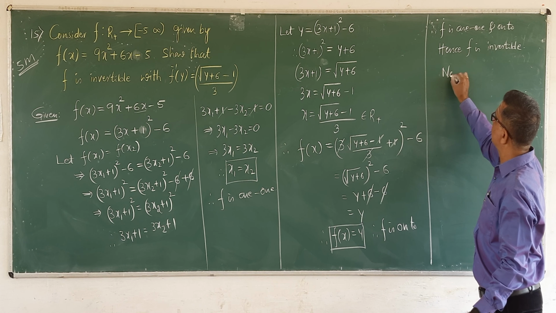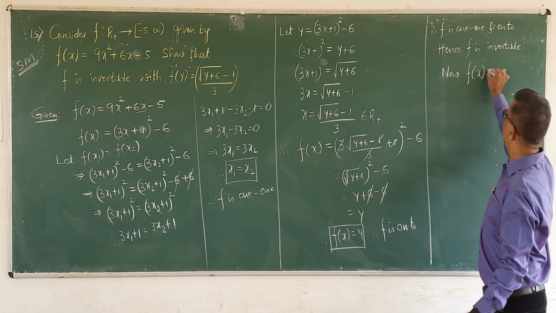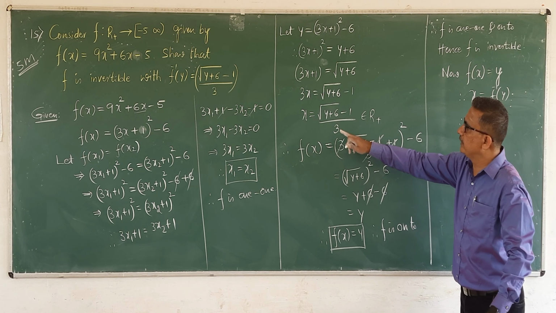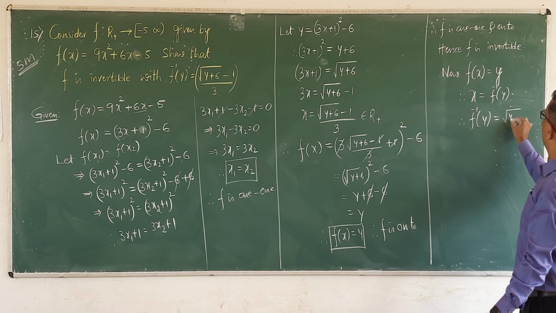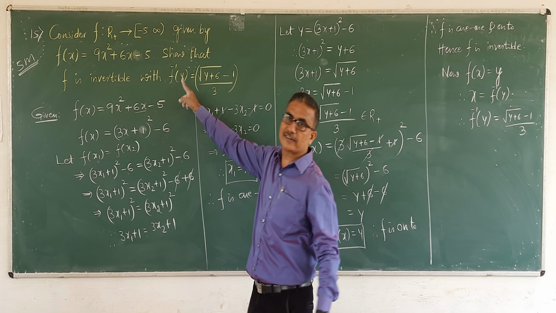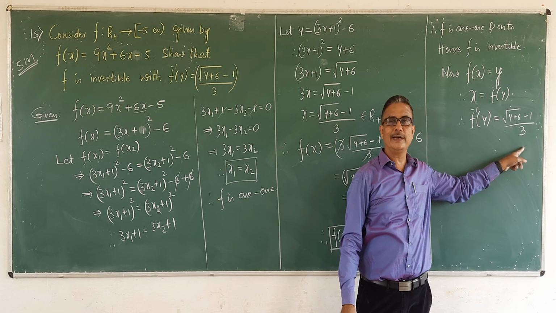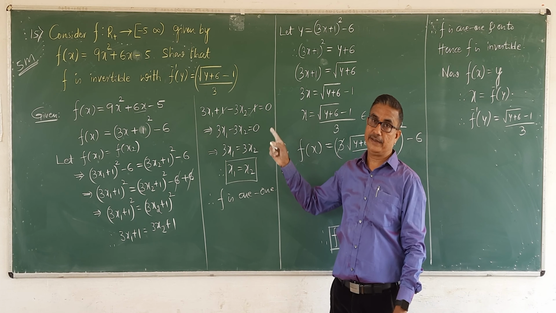Also find its inverse. Now, you know that the image of x is equal to 1, already defined. Using this, x is equal to the inverse image of 1. Therefore, the inverse image of 1 is equal to x. But the value of x is root 1 plus 6 minus 1 divided by 3. So f is invertible with inverse image of 1 is equal to (root 5 plus 6 minus 1) divided by 3. That is also a most important problem. Here, some quadratic functions we have to practice.